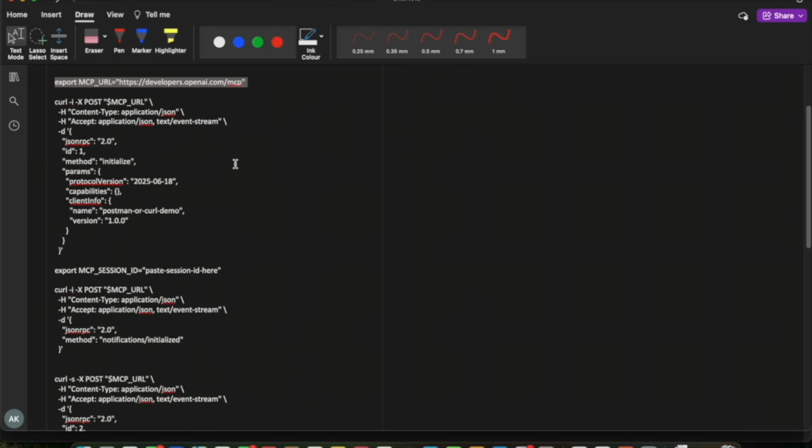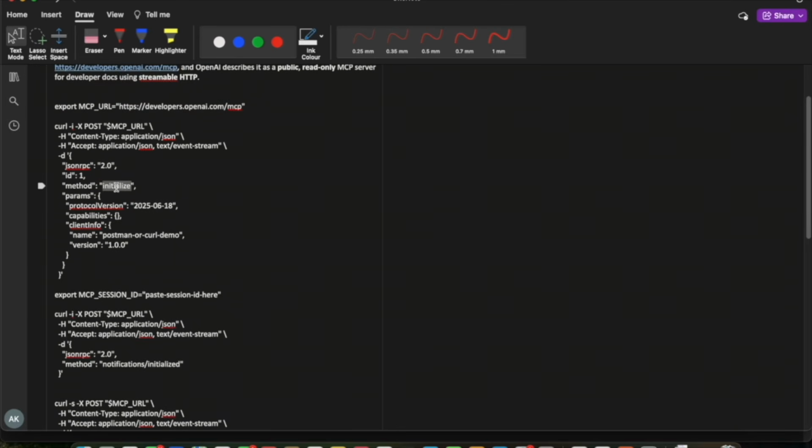Now, this is a public server made available by OpenAI, so the session ID concept is not here. It is publicly available, so they made it easier to communicate. But as I had explained, all of the processes that happen in the communication, I will do that. So the first thing I want to do is the